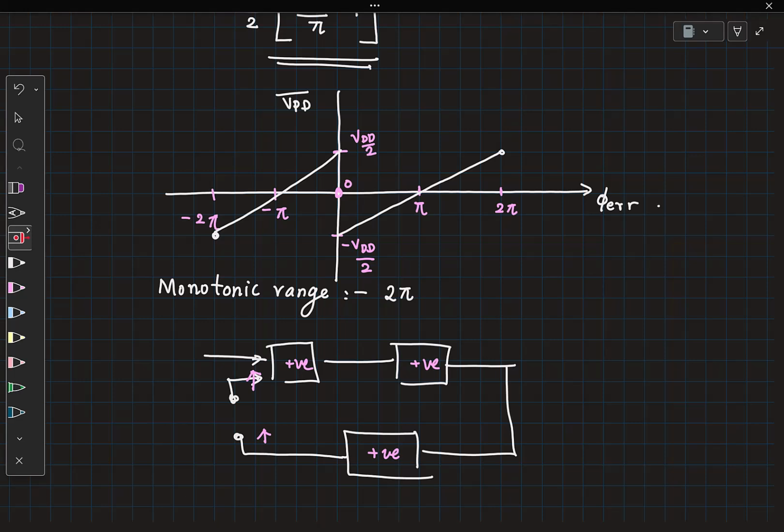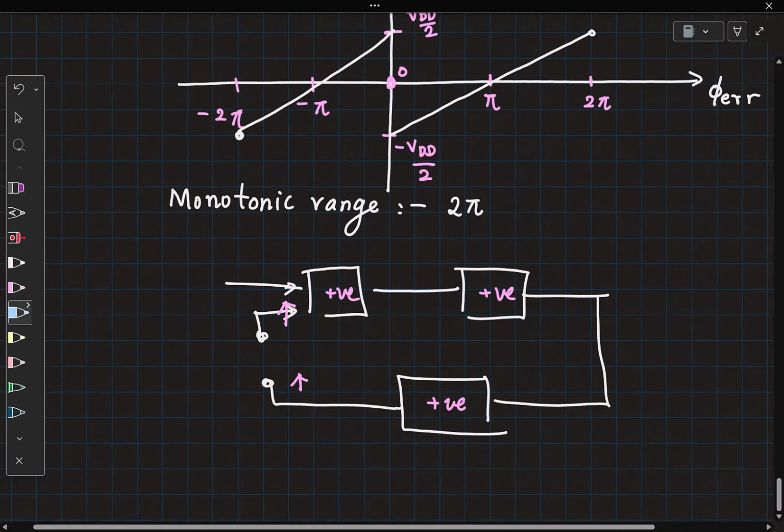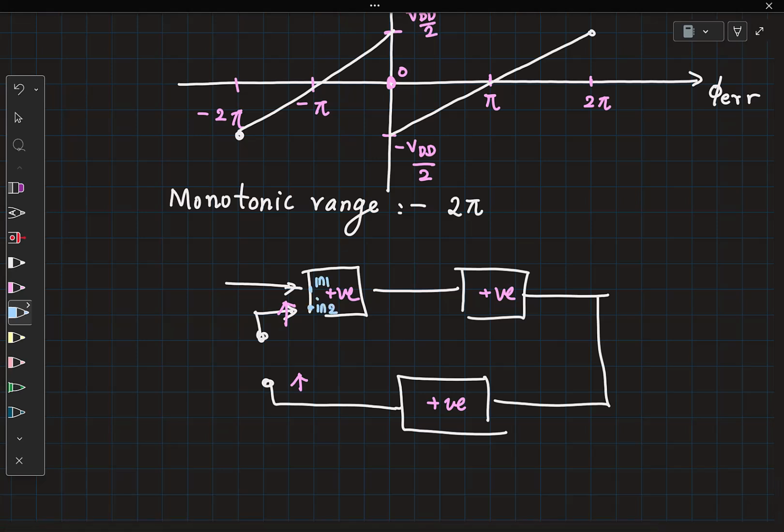You can simply switch the inputs to the phase detector. So you have your in1 and in2 signals. Within the phase detector, let's say this was your in1, this was your in2, and the way we have measured phase error is the delay between in1 and in2. If in2 is the delayed version, then phase error is positive, right? I can simply switch how I connect the inputs to this.